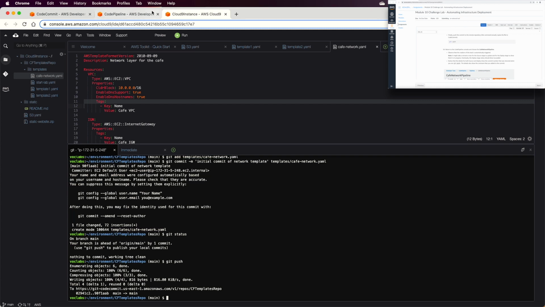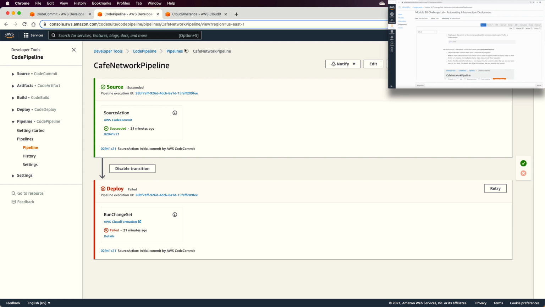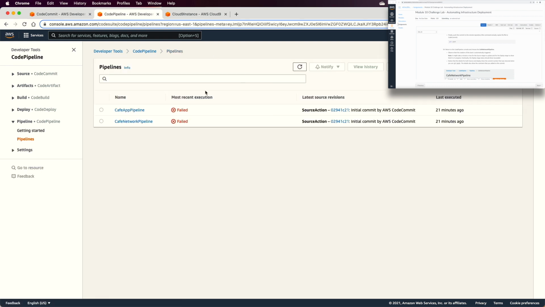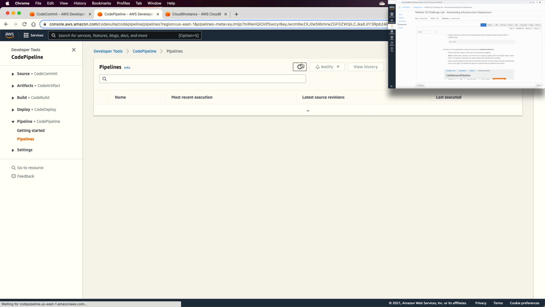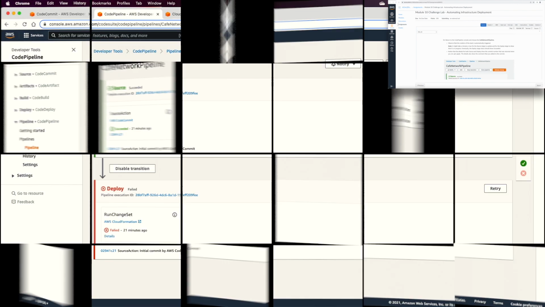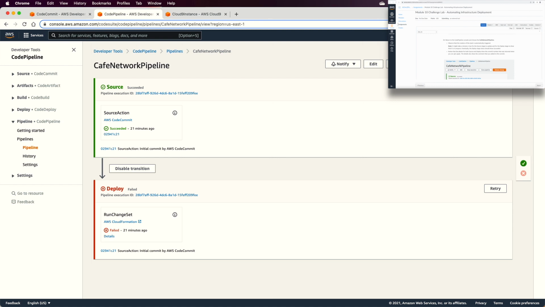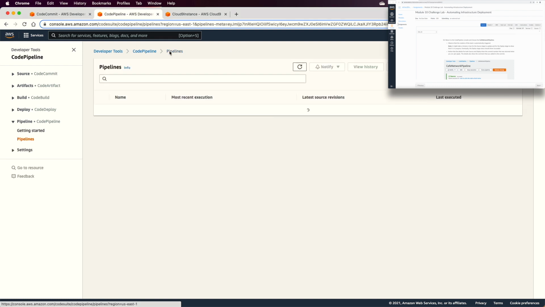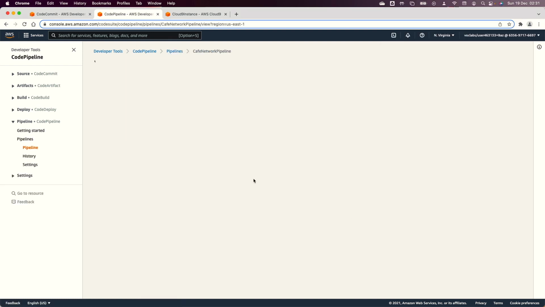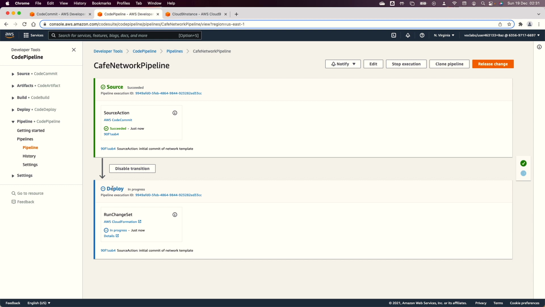So you are going to go and refresh the page. After a few minutes, you will start to see that this café network pipeline starts to show more changes in progress. Normally, this takes a few minutes. If you want to do this manually, you could also press retry after several failures. You can also do this from here with the retry button, but let us wait for this to start the process automatically. As you can see here, it's in progress, initiated, and the change set is going to be AWS CloudFormation,